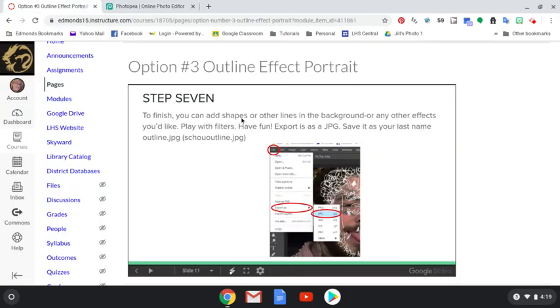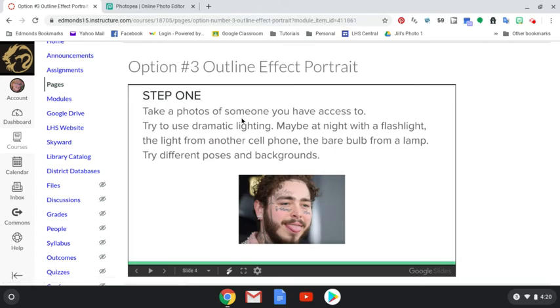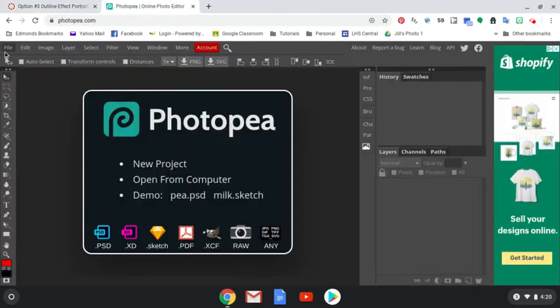Your instructions in the slideshow are to take a photograph of someone that you have access to and try to use dramatic lighting, maybe with a flashlight, another cell phone. Taking the lampshade off of a lamp works really well. And a dark background seems to work a lot better. Okay, so I'm going to